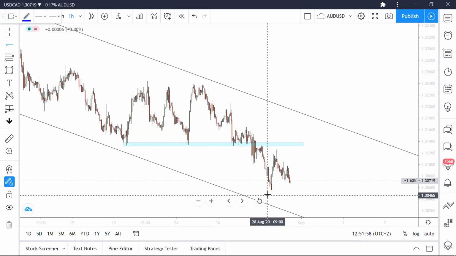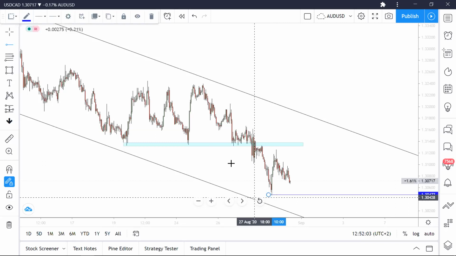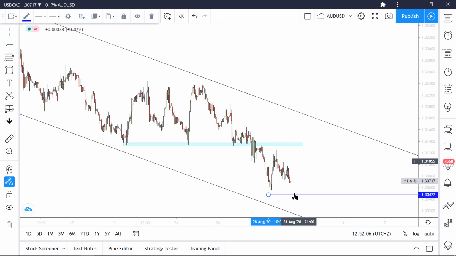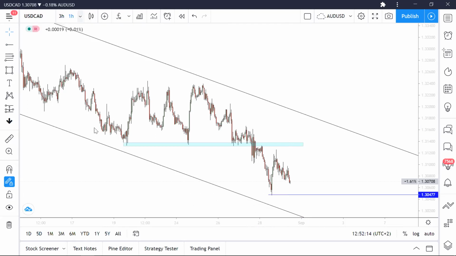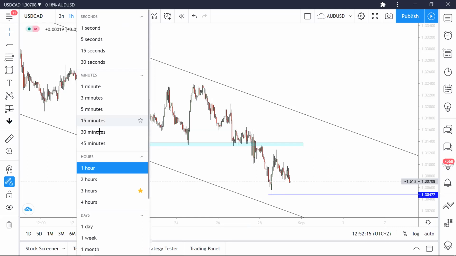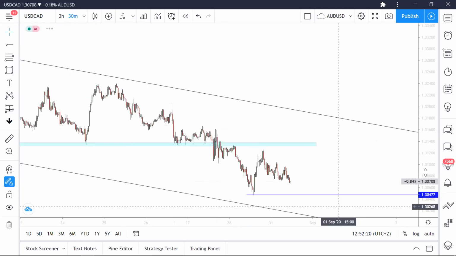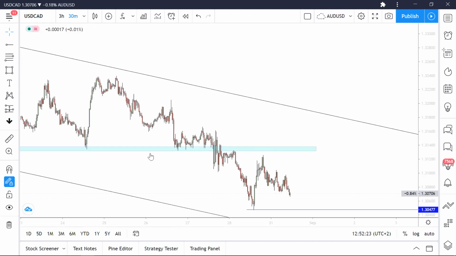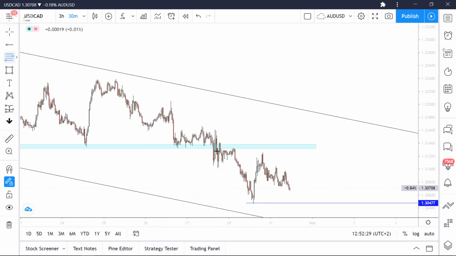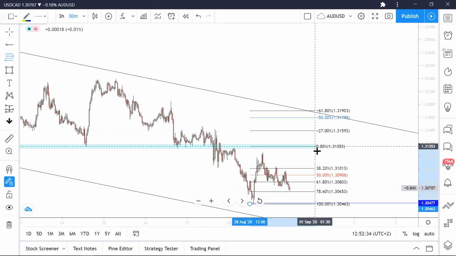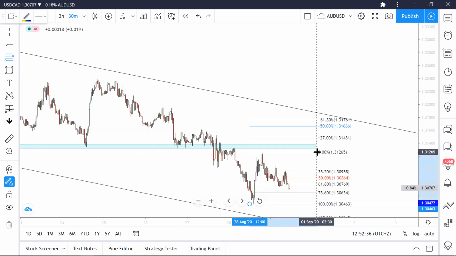Now we can see that this is the extreme low that price got to over here. Is it possible for price to come back lower to the support? Yes, it is very much possible. But it does not necessarily mean that price will come down to that extreme low. So what I am looking for here, if I pull up my fib tool, from this low here to this high here, is that you can see price is nearly at a